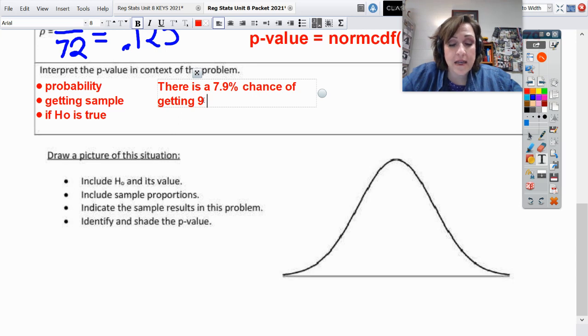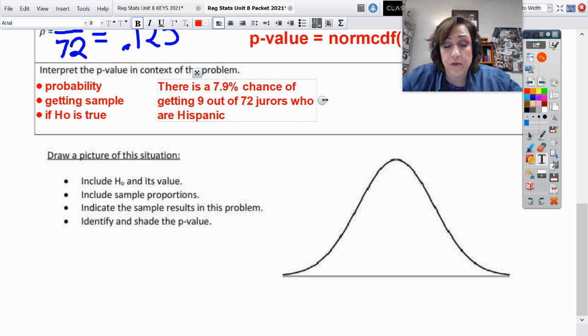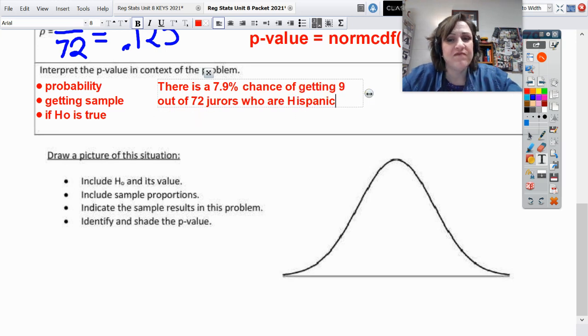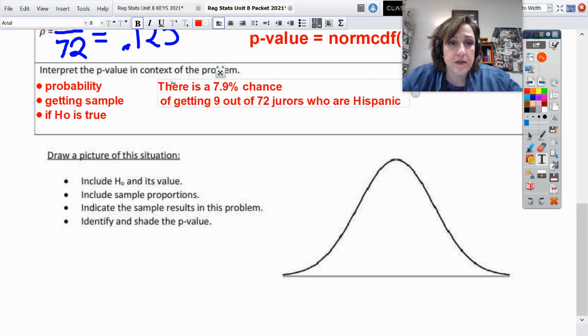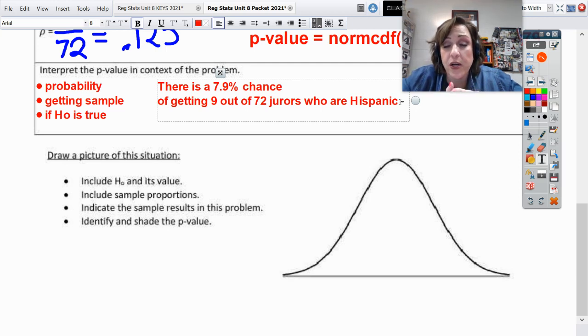Of getting 9 out of 72 jurors who are Hispanic, okay, I'm trying to keep this piece by piece. So there's 9, that's the probability of getting 9 out of 72 jurors who are Hispanic